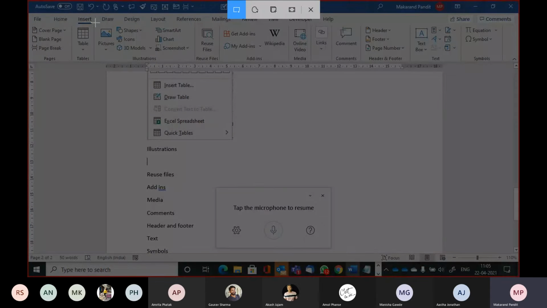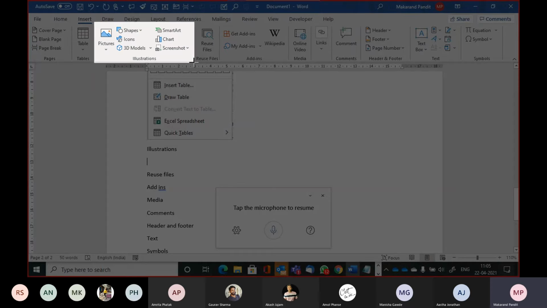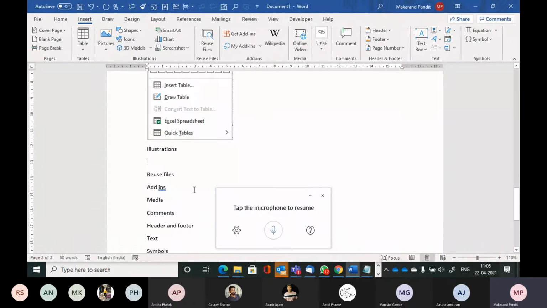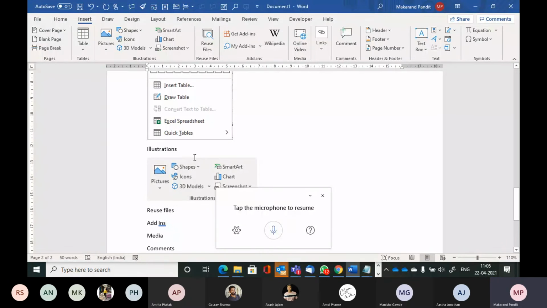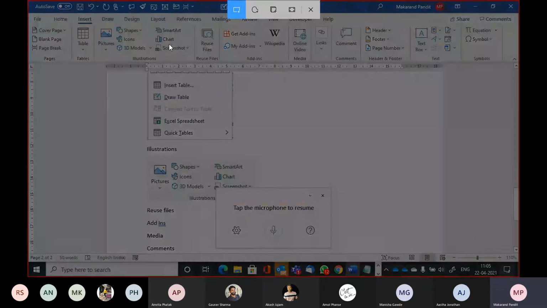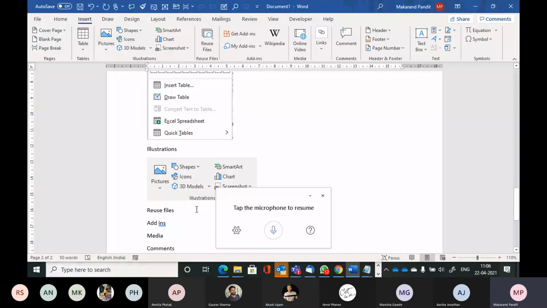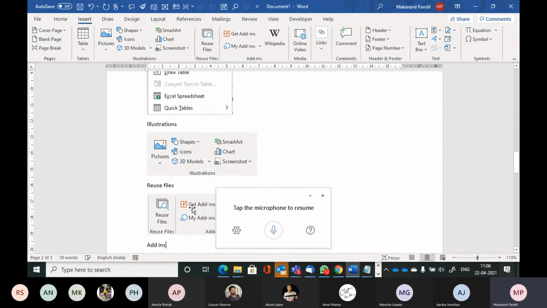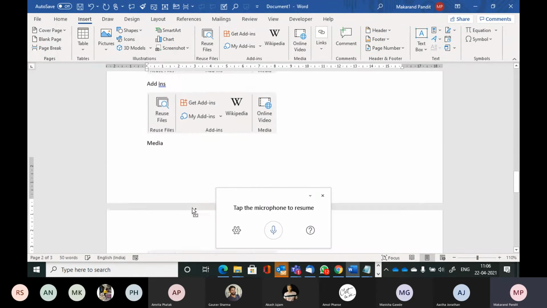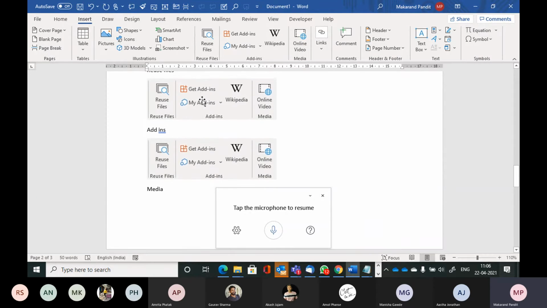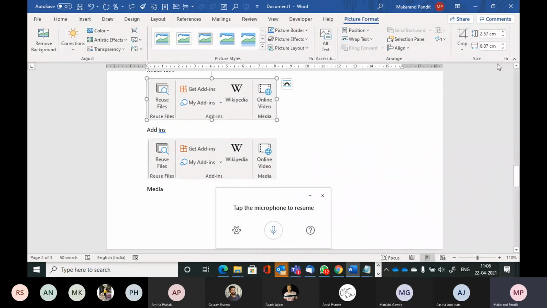Remember, these screenshots that I'm taking right now are probably not the final screenshots that I'm going to insert in the application, but I can definitely use them as placeholder screenshots. Are you getting it? Reuse files. Okay, so let's go to screen snip, and none of them is going to have a drop down. So let me just capture all three of them. For reuse files, I'll paste it. For add-ins, I will paste it. For media, I will paste it. And then I'll go ahead and crop. Where have you gone? Cropping.